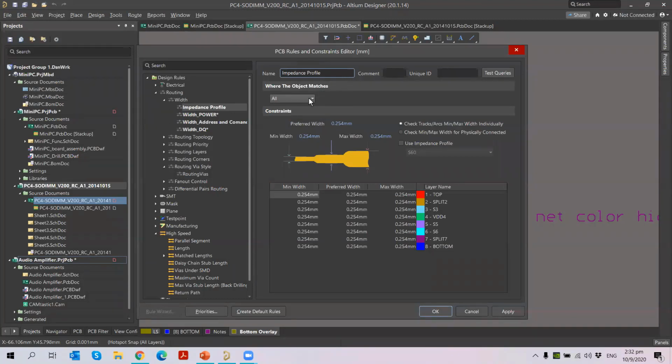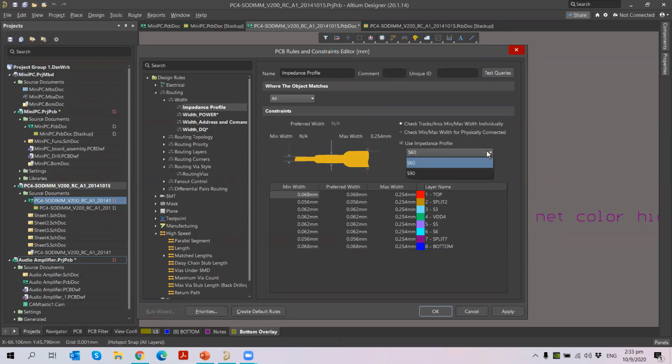I'm just creating the impedance profile rule here, and then I can use it for any net or net class. If you're choosing net class, you can choose the net class and apply it. But for my case, I just go in general, because you see this is normally for normal width. It is not for impedance profile. I'm going to select the properties of impedance profile here. When I check the box here, you will be able to see the impedance profile which we have generated in your layer stack. So please remember, when you are generating the impedance profile in layer stack, you need to save it. If you don't save, it will not show in your design rules.